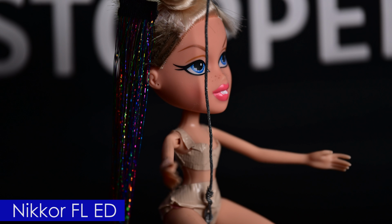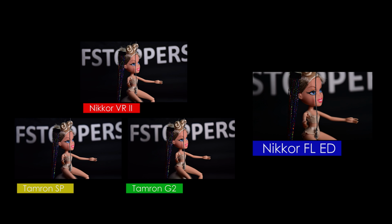But the Nikkor fluorine-coated lens clearly has more zoom. It's going to give you not only a closer minimum focusing distance, but it's going to magnify the image overall. So now that we have seen the effects of lens breathing at the minimum focus distance, where it's probably the